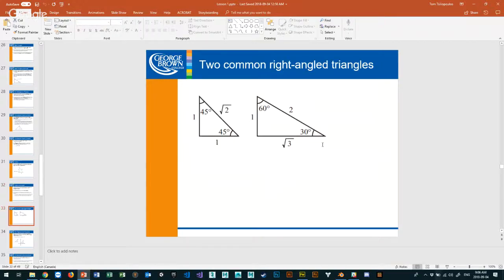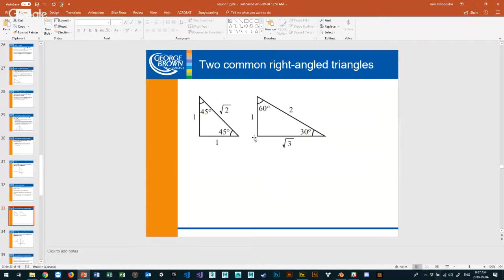So again, here are some examples of two common triangles: 1, 1, root 2, and 1, 2, root 3. Notice there are also common angles that go along with these triangles. A good example is whenever I have 1, 1, root 2, chances are there are two 45-degree angles and a right angle, which means this is an isosceles triangle, because these two sides are exactly the same and this is a different side. Here we have a scalene triangle, 1, 2, root 3, where you have 60 degrees and 30 degrees on this side.